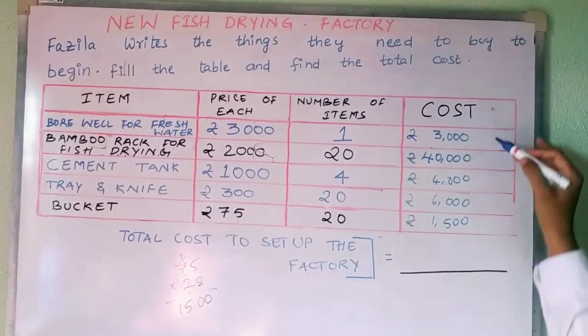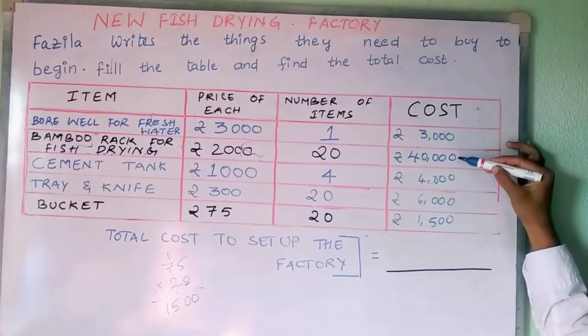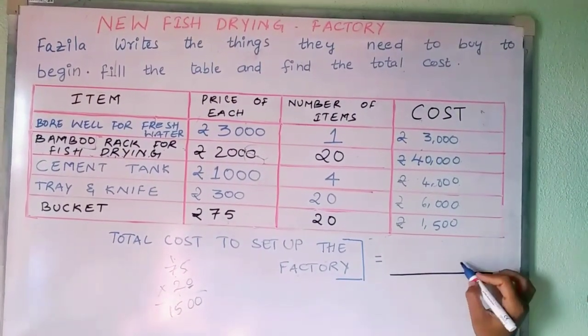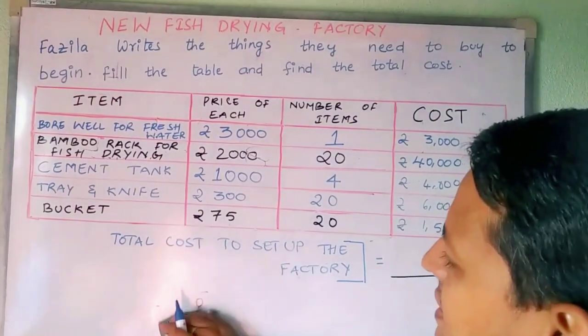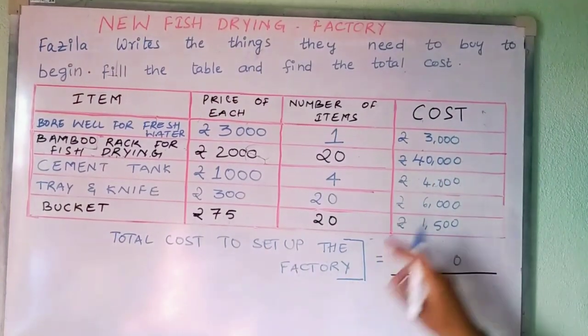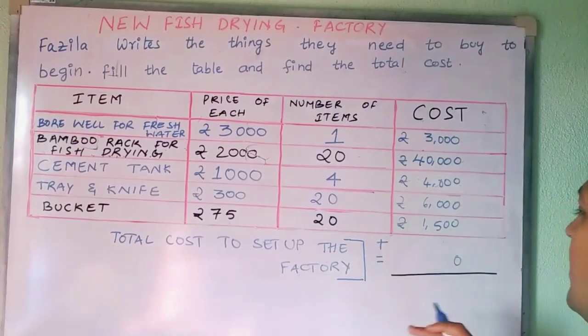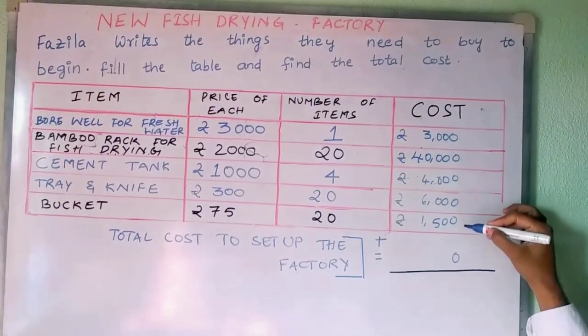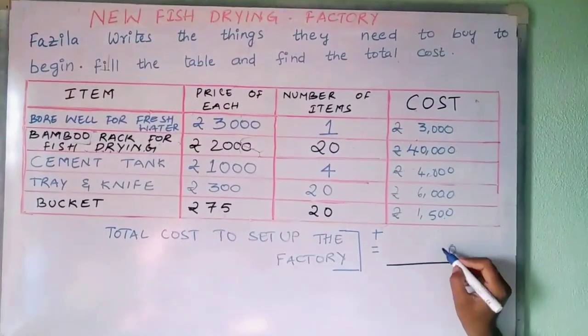So now if you add all, you need to check whether all the ones are in the same place or not. 0 0 0 0 0. So it is 0. Then what is the total cost? This is the cost for each item. If you want to get the total cost, what do we need to do? We need to add all of them. Adding 0 plus 0 plus 0 plus 0, here also all zeros in the tens place.